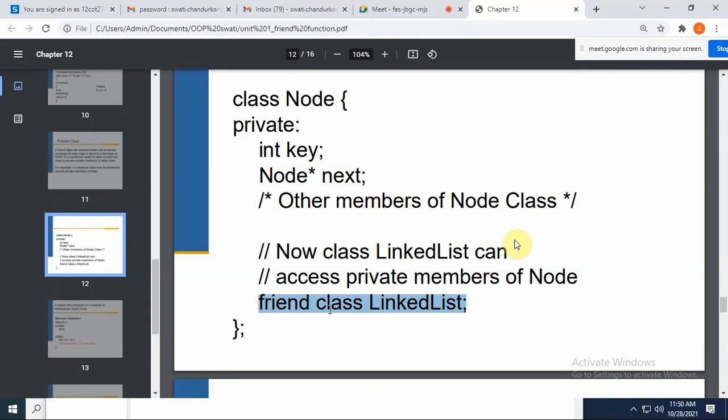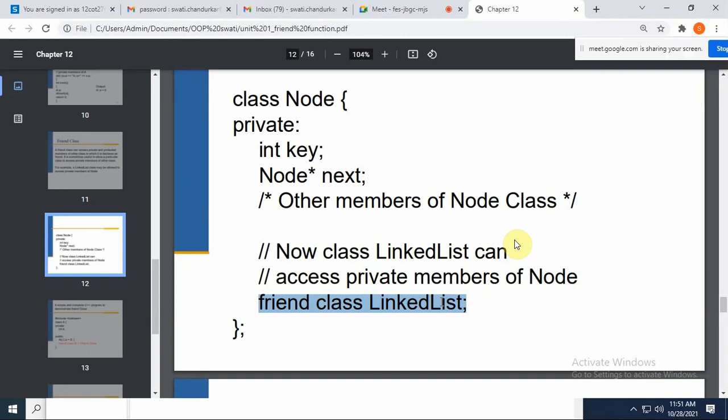How? Third point, the member functions of this class, that means the friend class, are becoming friend functions. The member functions of class linked list are becoming friend functions.